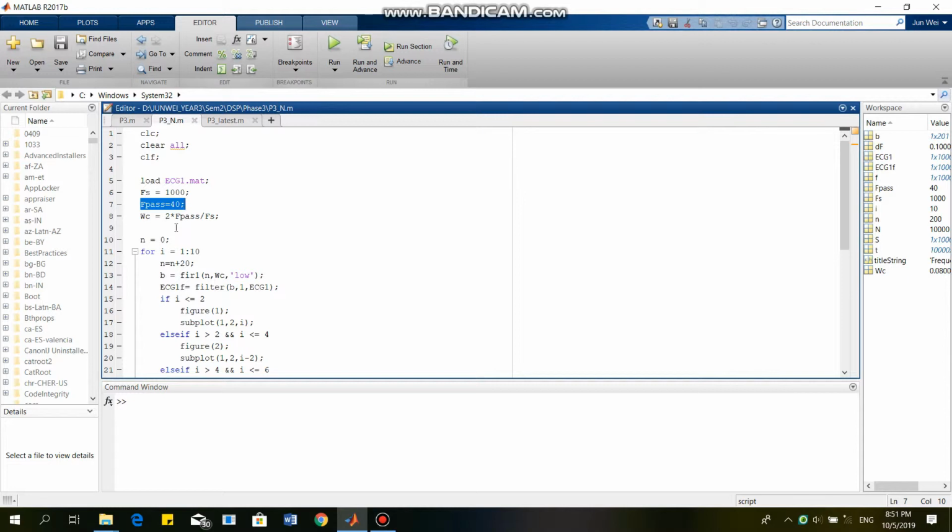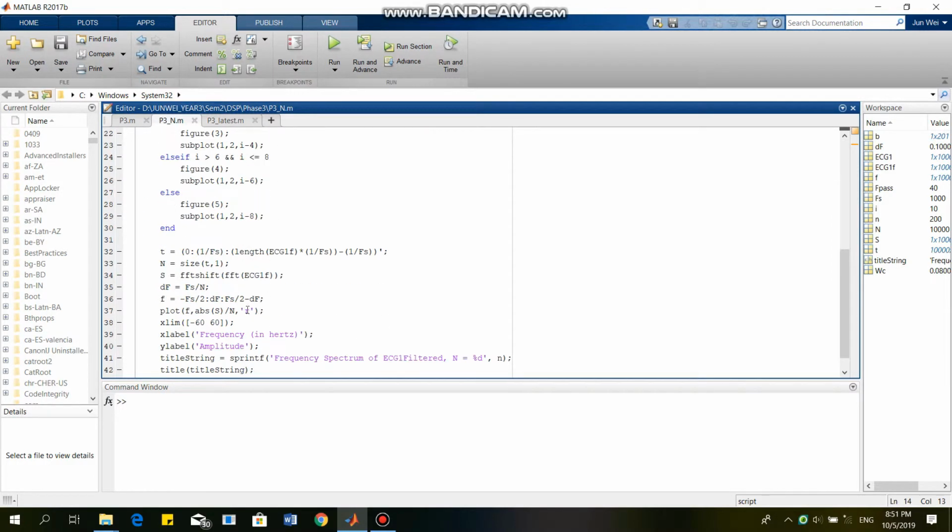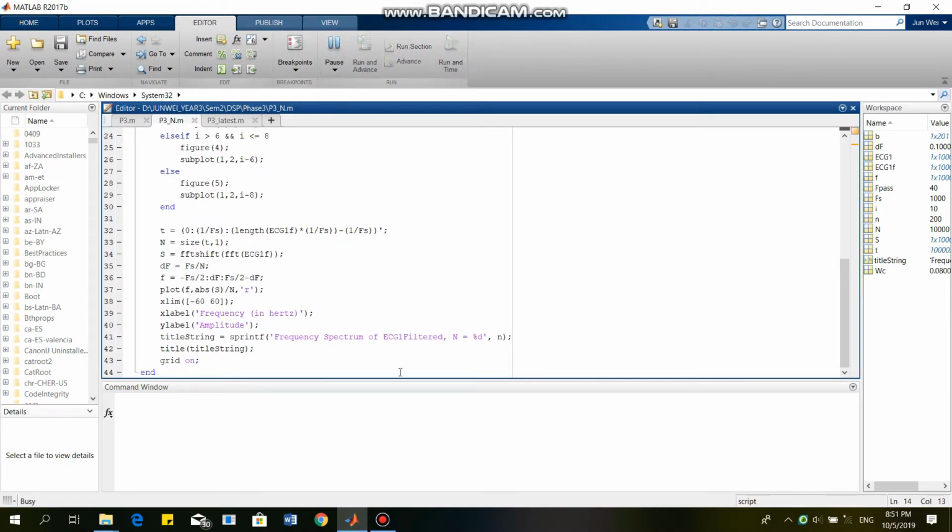For filter design, filter order is important. Thus, in order to find the order for a filter, we come up with a code that generates 10 loops which add 20 order per loop, which is n equals n plus 20, and fir1 is to give the finite impulse response, and filter is to apply the filter to the noise-influenced input signal. And this is our whole coding, and by running it,